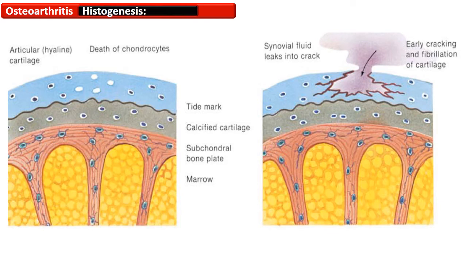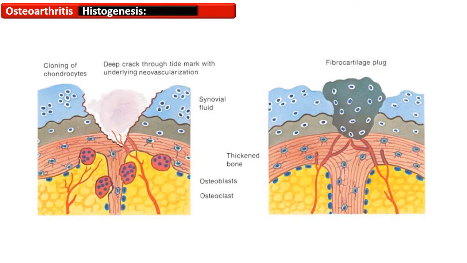In fibrillation, there is development of surface cracks parallel to the long axis of the articular cartilage. Still, it is limited to the area above the tide mark. As the fibrillation progresses, there is loss of the articular cartilage, and this articular cartilage can go to the synovium and start an inflammatory reaction in the synovium. And now this defect or crack is vertical, perpendicular to the long axis of this articular cartilage, and due to this defect, there is hypertrophy of the adjacent chondrocytes, as we discussed earlier,